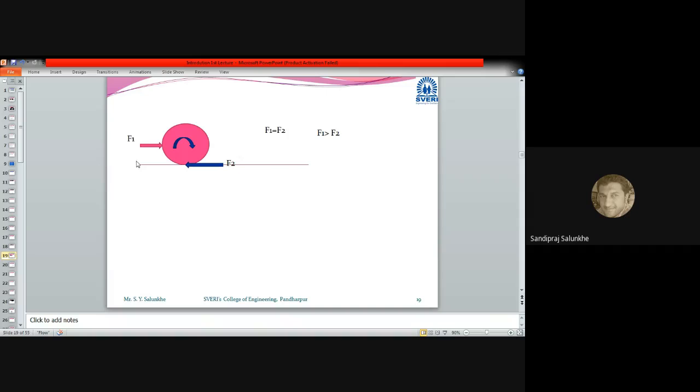All these things which we are going to calculate come under the category of kinematics, where we are not going to consider the forces. Let it be that force F1 is greater than F2 or F1 is equal to F2 or whatever. We are not going to consider that, but we only know that this wheel is rotating. So these forces are eliminated. We know that unless force is applied, motion is not going to occur, but we are not bothering about the forces. We are only going to study the motion, right?